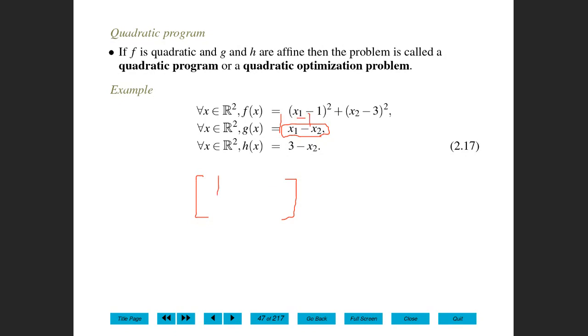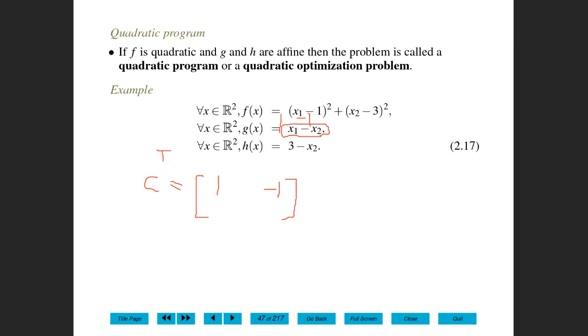So we will just write like this, and either you say this is C transpose, or you write it as a column vector and mention that this is C. And we also have to mention what is B. Obviously in this case B will be equal to 0,